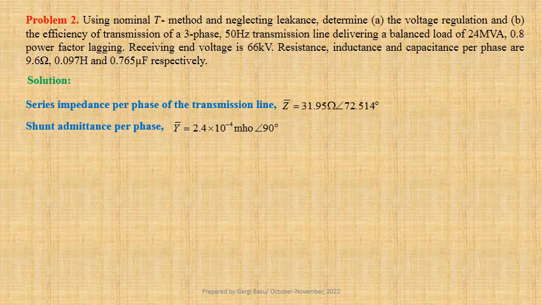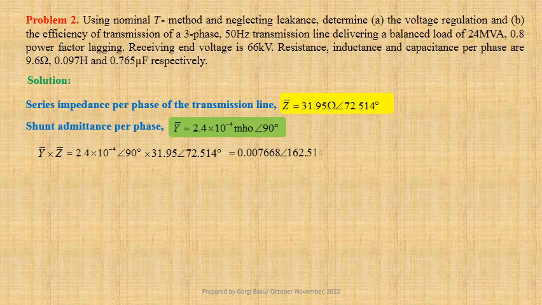Let us now calculate Y into Z. Using values we get 2.4 into 10 to the power minus 4 at an angle 90 degree into 31.95 at an angle 72.514 degree. That gives us